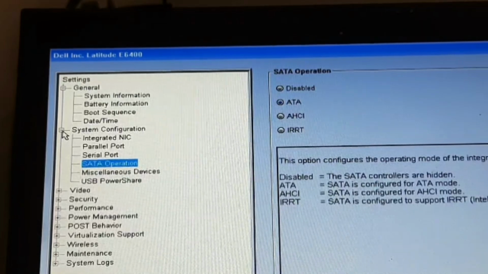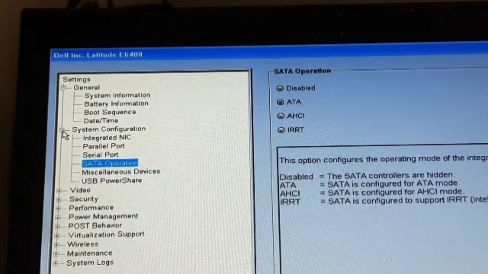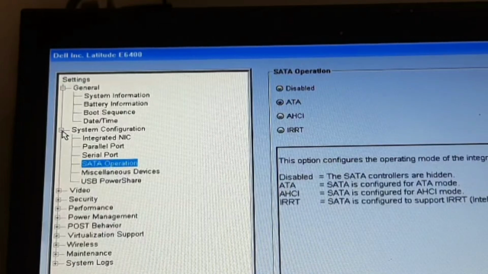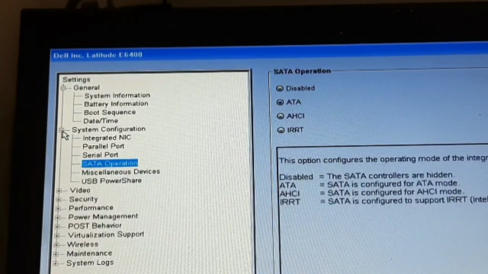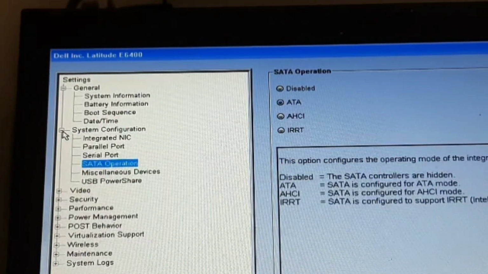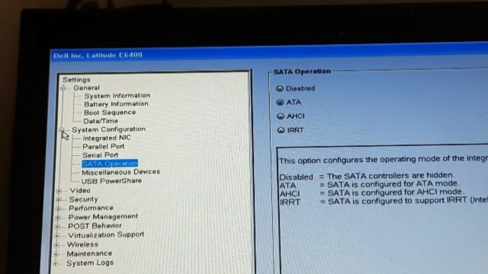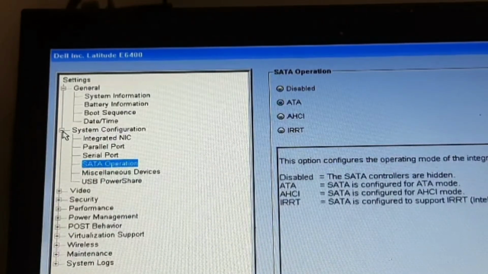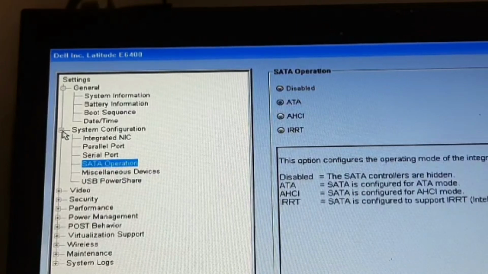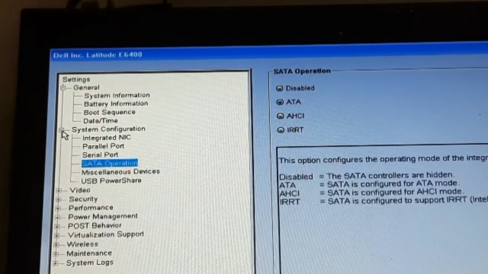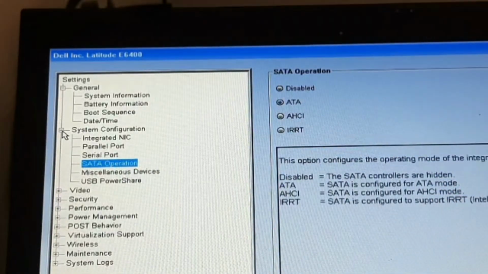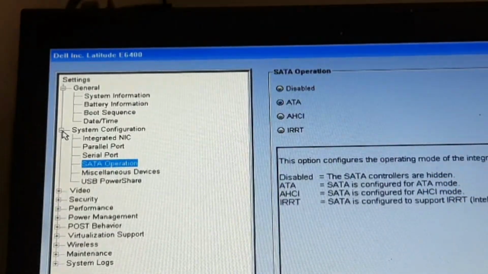Here if you select ATA, it will support your 80 pin hard disk, because it is my old system. It has 80 pin, that is a ribbon type, what you say. So if it is anything other than ATA,